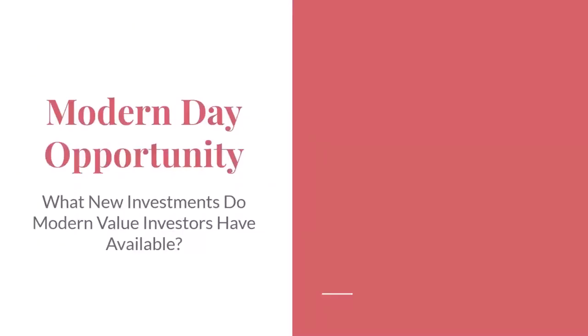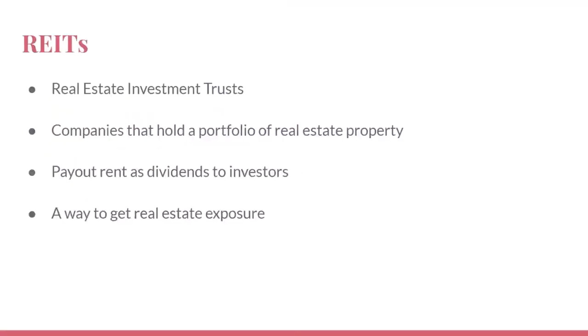In the modern day, we as investors have access to investment vehicles that simply did not exist at the time of Graham's writing, and offer an opportunity for us as intelligent investors to consider to guard against inflation. First, we have REITs, or real estate investment trusts, which are holding companies that own and collect rent from a portfolio of properties that they then distribute as a dividend. These new vehicles offer investors an opportunity to gain exposure to real estate as a means to combat inflation.